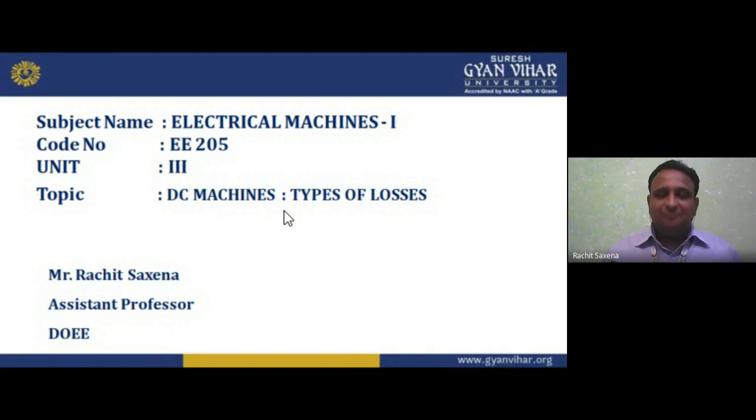These laws are totally based on electromagnetic energy conversion. Electromagnetic energy conversion gives you brief knowledge about the magnetic field, that is, electromagnetic interaction. That is why the transformer is an electromagnetic device, and the motor and generator work on electromechanical energy conversion.